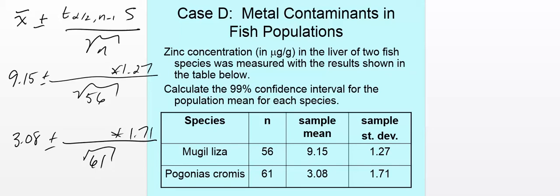And now it's time to find those critical values of t. The parameters that we need here are shown up here. They're alpha over 2, and alpha is 1%, so we actually need an alpha over 2 of 0.5% or 0.005. And we have an n minus 1 of 55 and then 60. When we look back at our tables, we find that we have neither 55 or 60, but we're looking at the case of alpha equals 0.5%, so we're looking in this row, and we're looking at